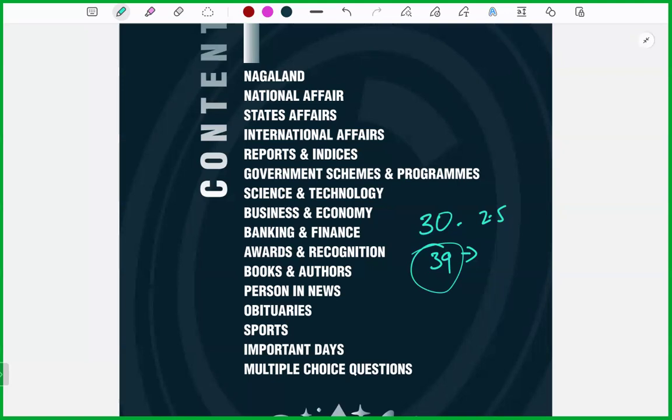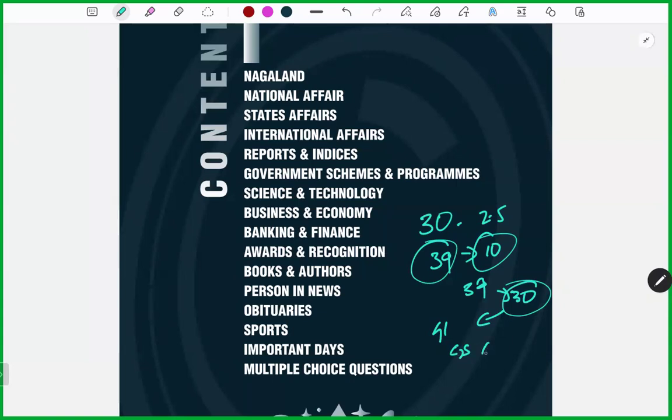Now, see, out of 39, if you are getting only around 10, it will be a problem, because you will not be getting 100 percent. As a Toppers Academy student, out of the 39, I want every one of you to score at least 30. If you are getting a good score in current affairs, this shows your good knowledge of the everyday life happening around you. So this will help you in GS paper 1, GS paper 2, as well as the essay paper.